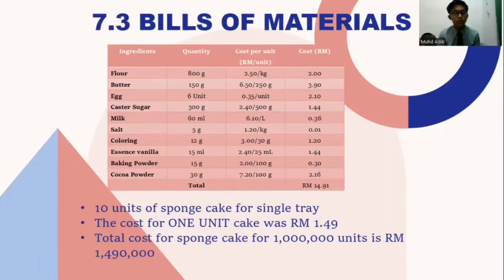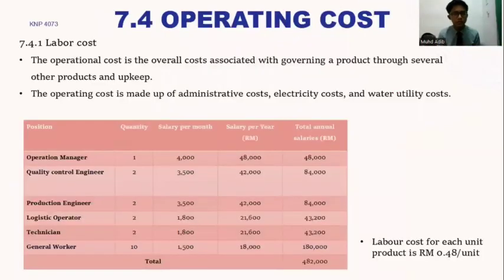The cost for 1 unit cake was one ringgit and 49 cents. As for the total cost for sponge cake for 1 million units, it is RM1,490,000. So I proceed to the operating cost, where the labor cost is one of the main elements in